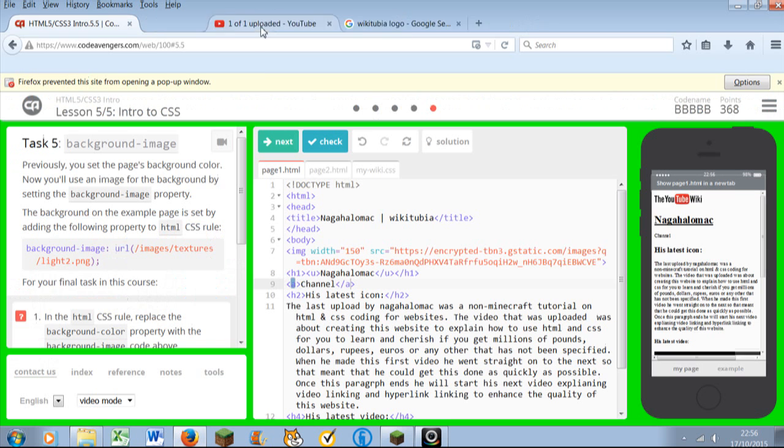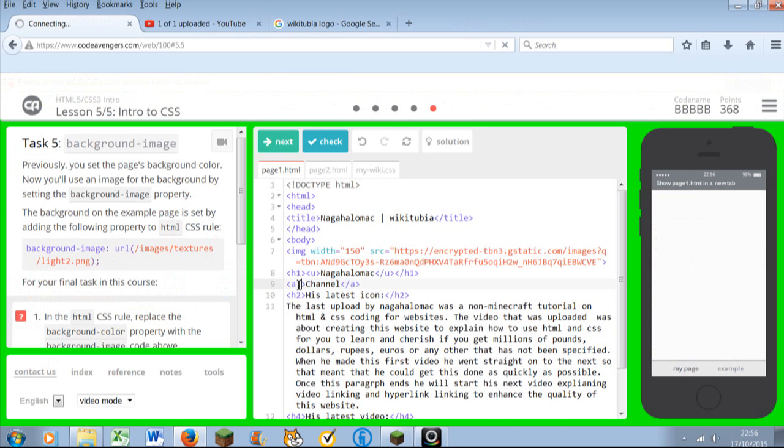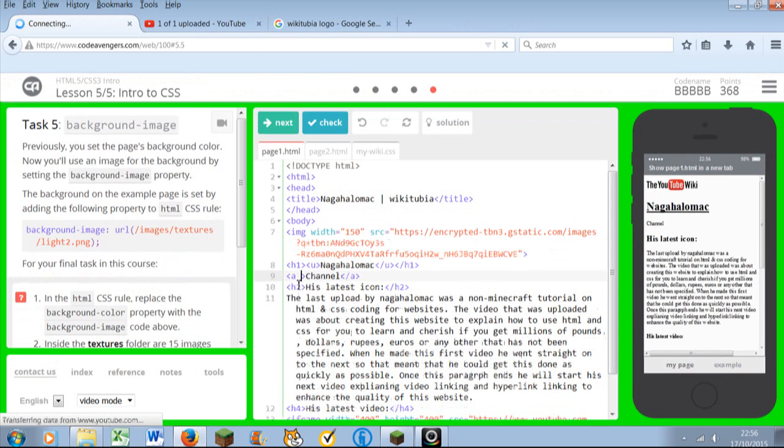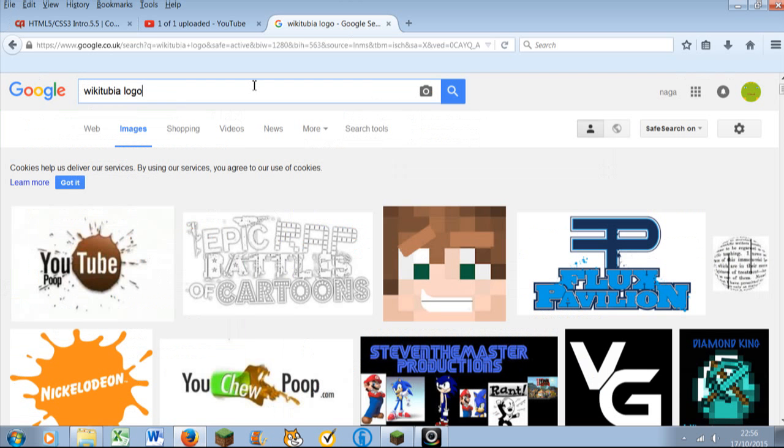Now, how to get something on it is we have to do something called href. Now it's hyperlink reference. So hyperlink rings a bell, and I guess reference rings a bell. So we'll do href. And you can see it's an attribute, so that's very good. And then we do our quotations, and now if I go to my channel,